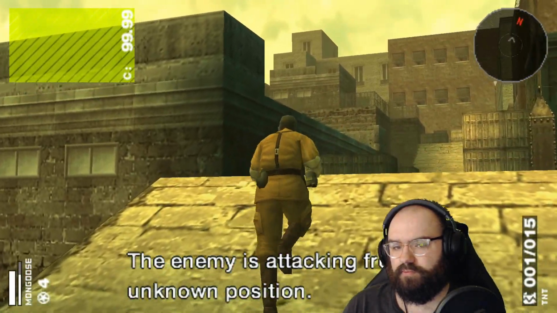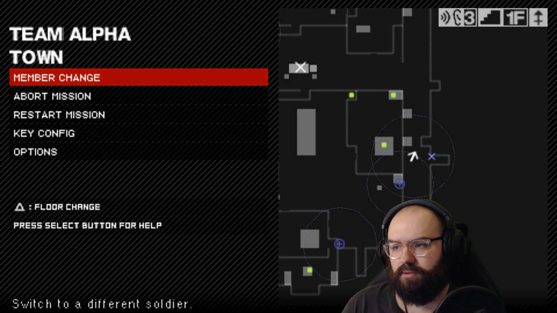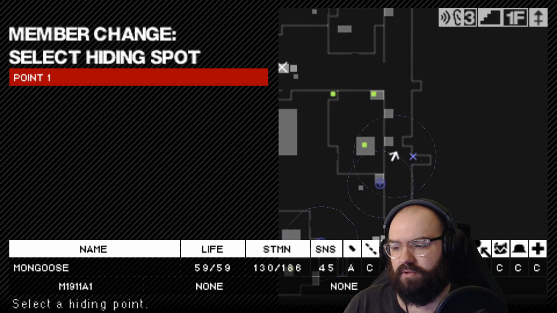The enemy is attacking from an unknown position. Acknowledged. Sending reinforcements. Use I don't think I've